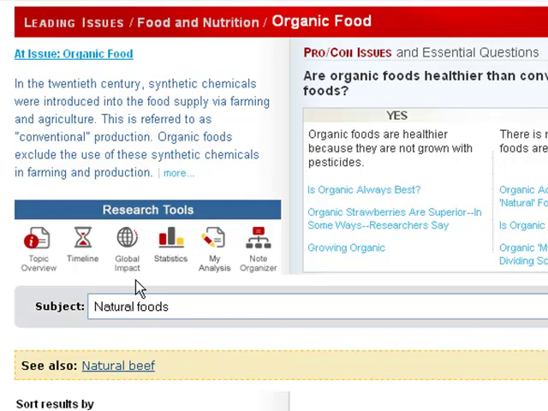The Global Impact button takes you to a list of articles about food in various countries around the world, which is very helpful in order to get a global perspective on your topic. The Statistics button is useful if you need charts, graphs, or other statistics for your reports. And if you would like help with organizing and writing your paper, the My Analysis and Note Organizer buttons provide